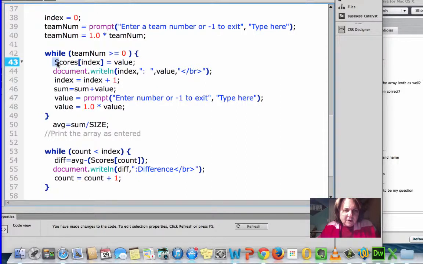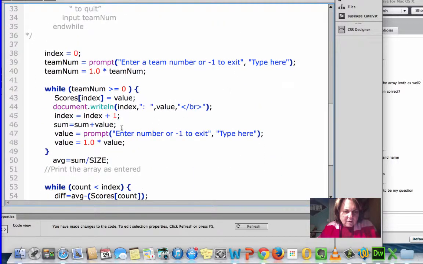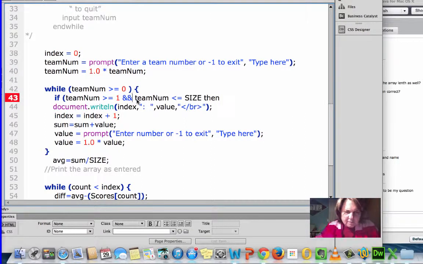Okay, so my if statement, let me just go up here and get my if statement. If team num is greater than or equal to 1 and team num is less than or equal to size,